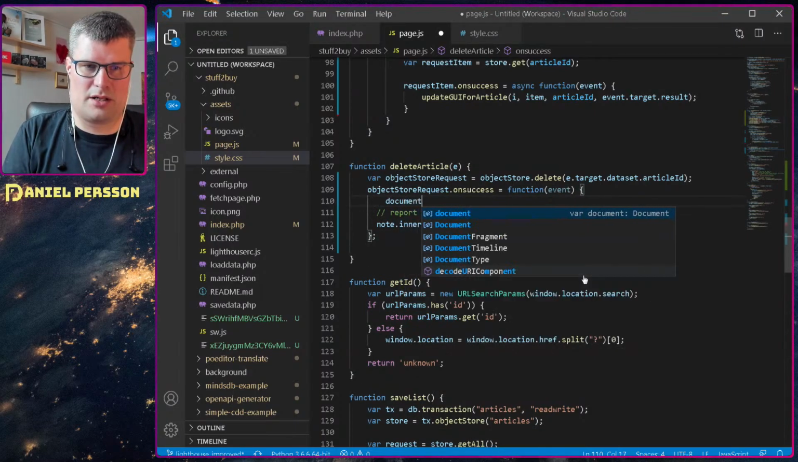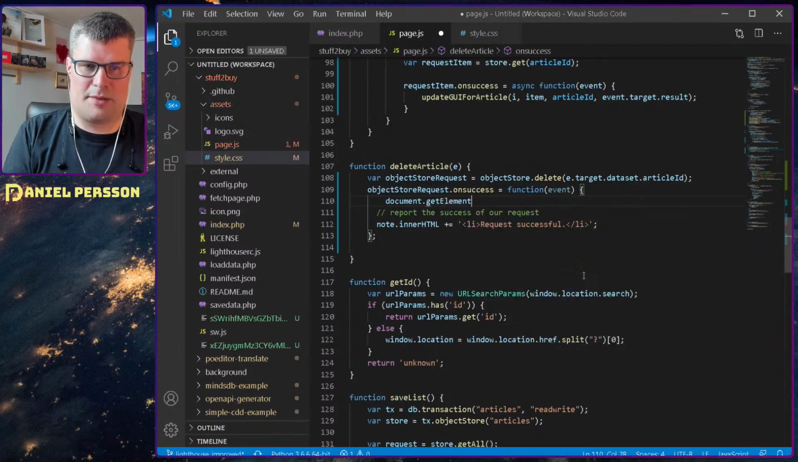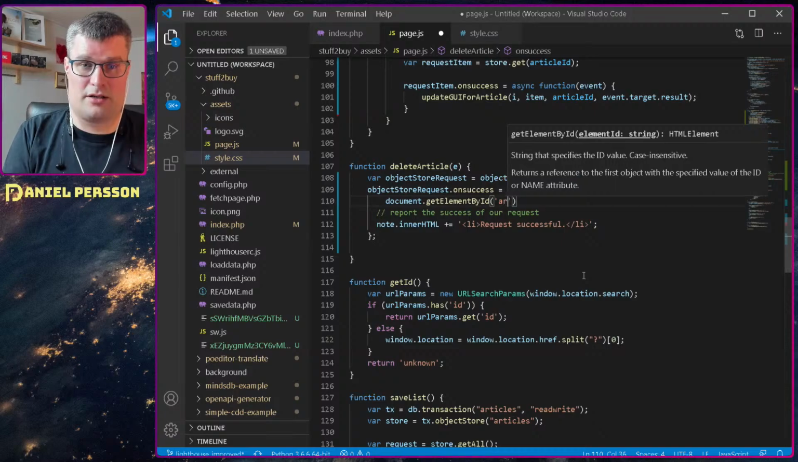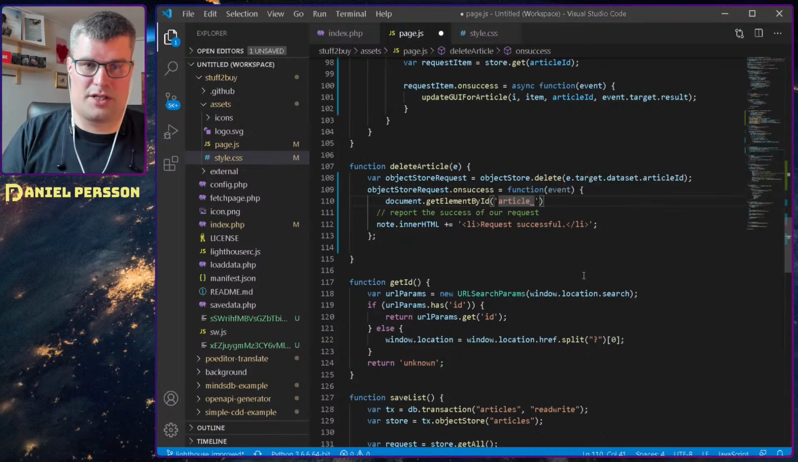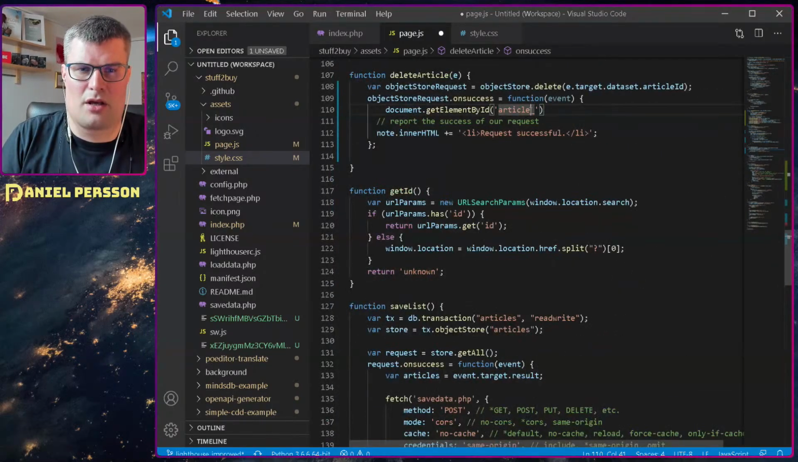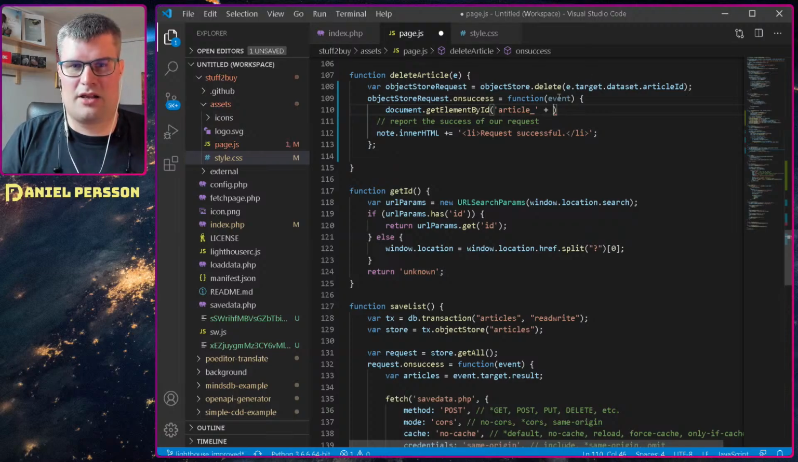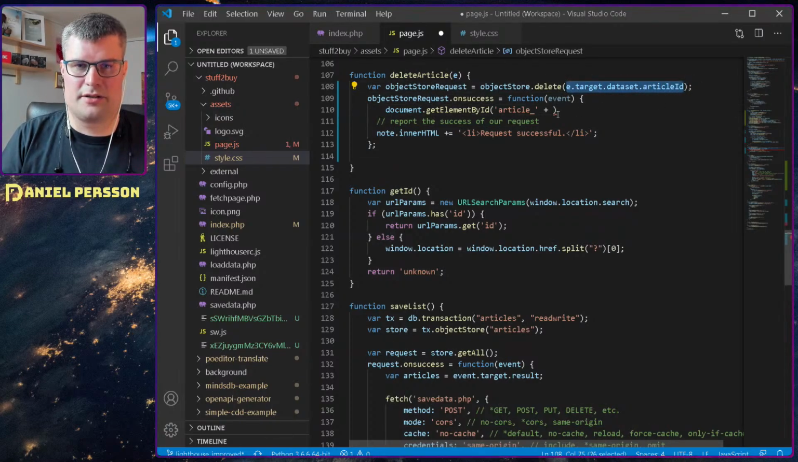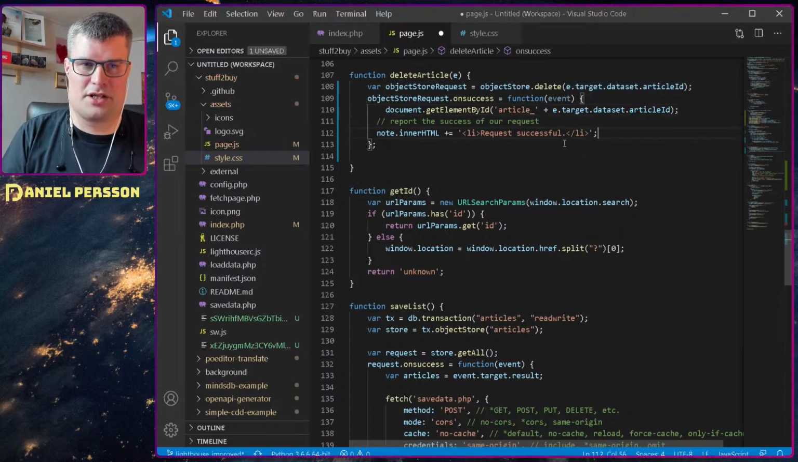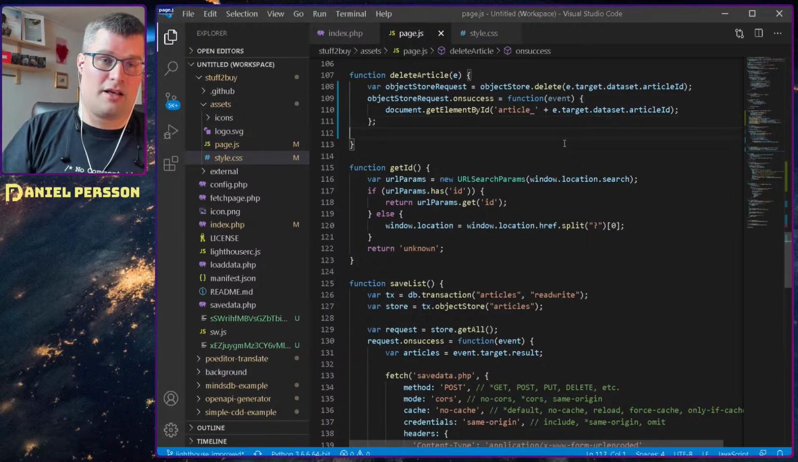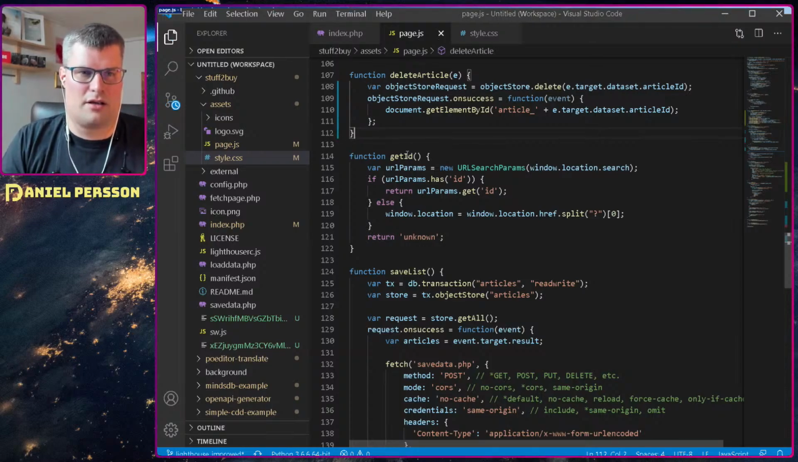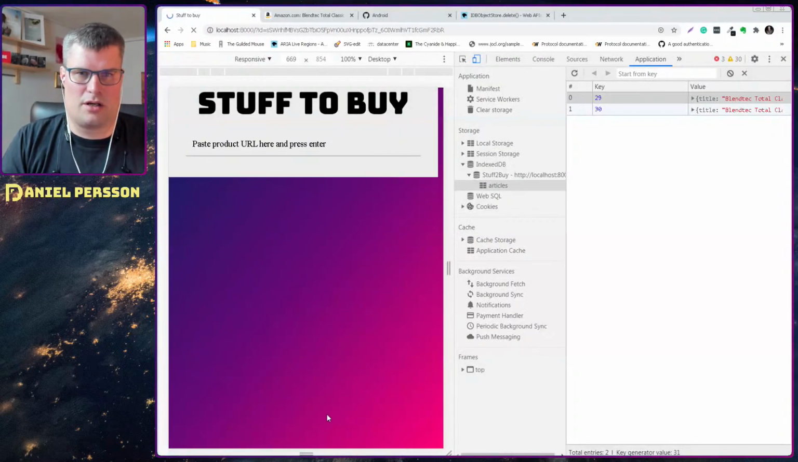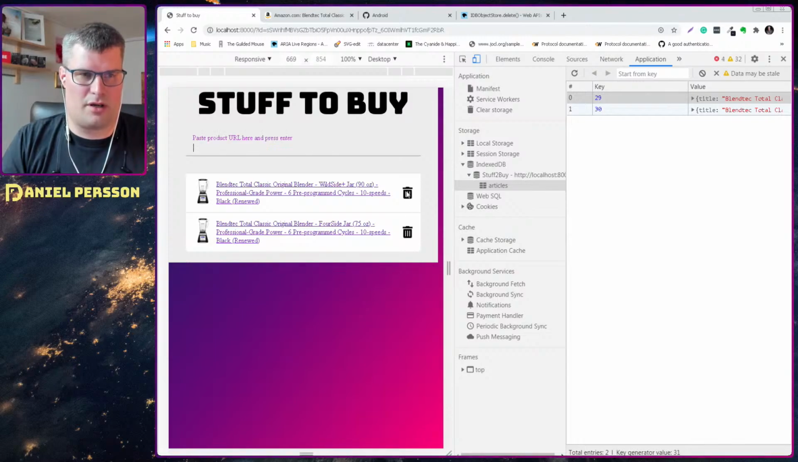Document get element by ID article. Did we say article ID or article? Yeah. And then we add this article ID here. So only on success we will remove it. So that should be a good option here. So if we remove that,